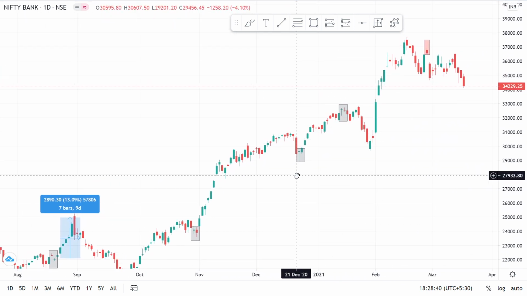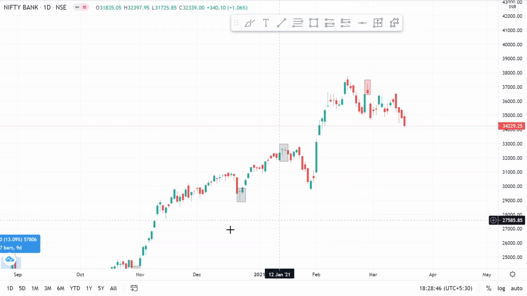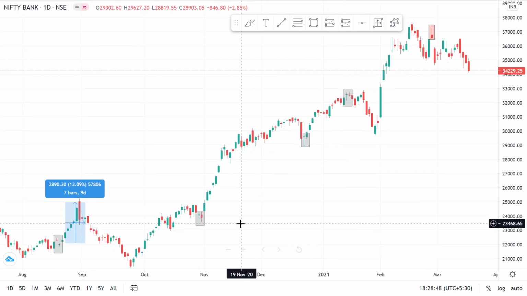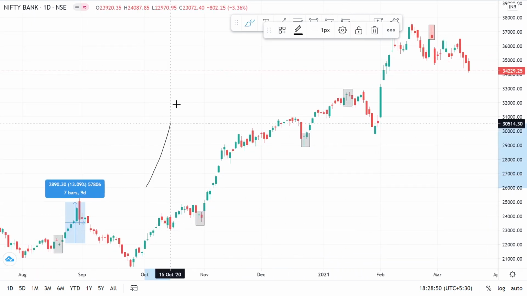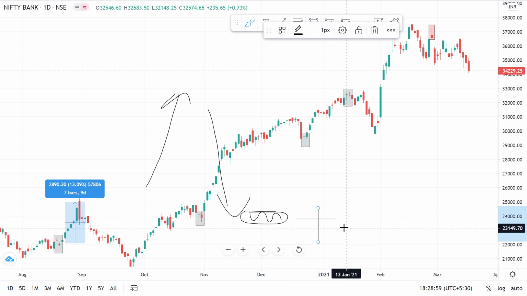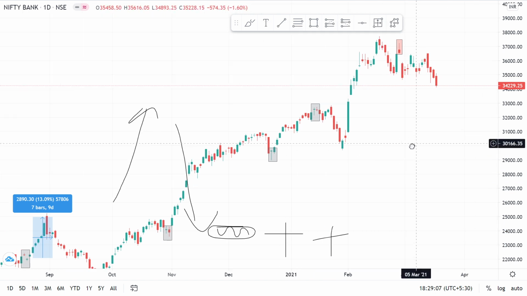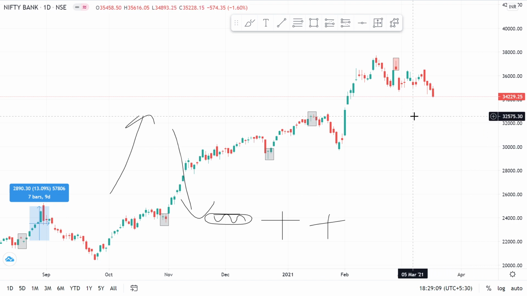Again another doji here formed on the 22nd of December, two more dojis here, and then you can see the bearish momentum here. So when price moves up or down, when a market halts for a while, in these halting or consolidation periods you can see dojis being formed. So when dojis are formed, it is a sign to you that you have to wait for the market to take a direction and trade in that direction itself, trade with the trend.